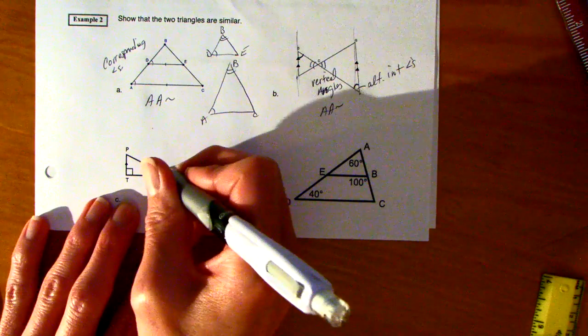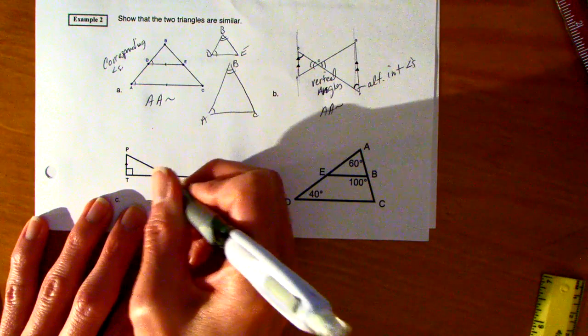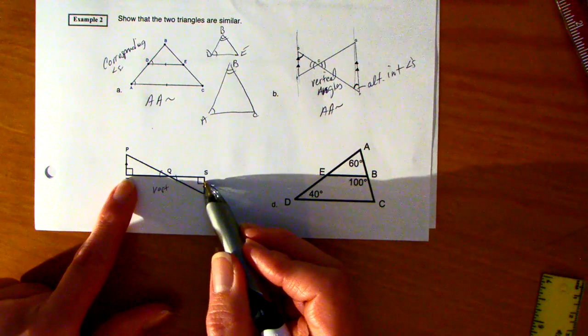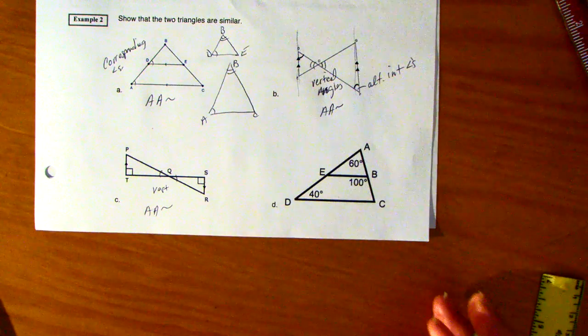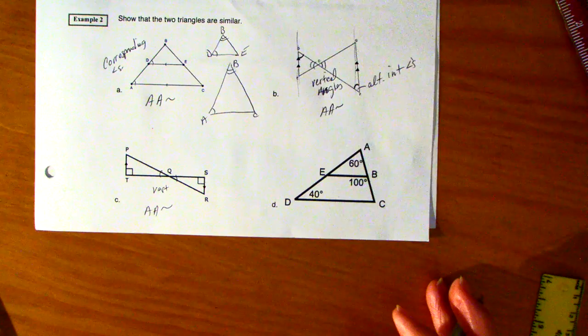Again, we have vertical angles. We'd have to state all right angles are congruent. So we have angle, angle, similarity. And last but not least,